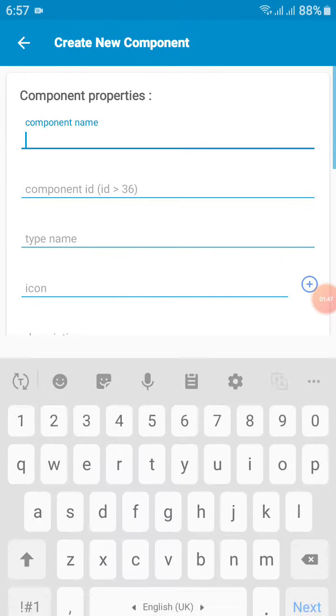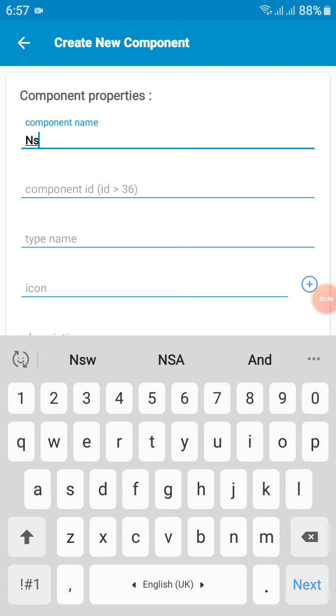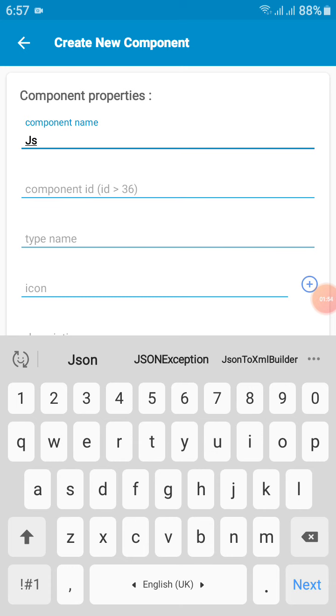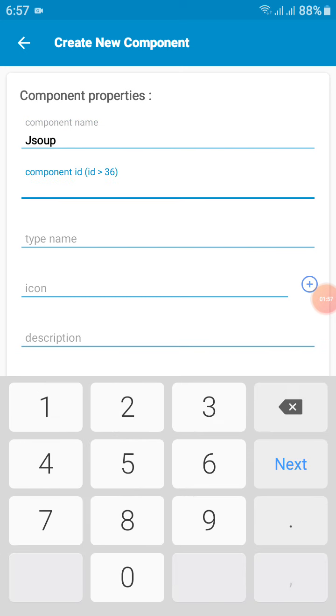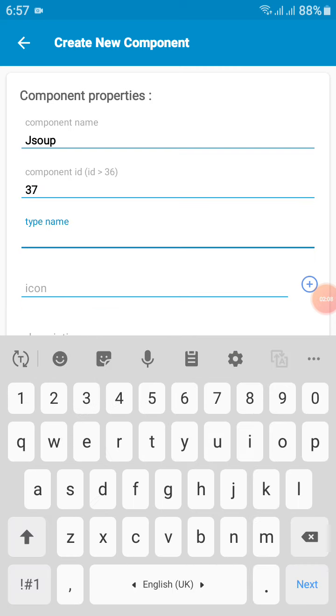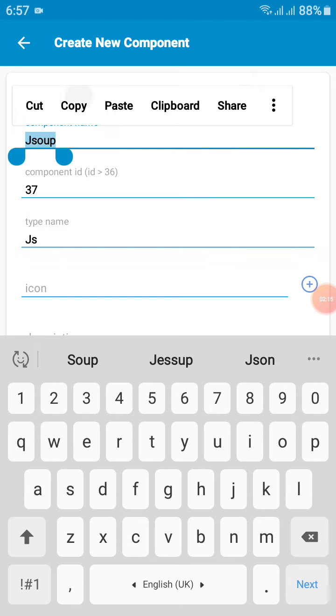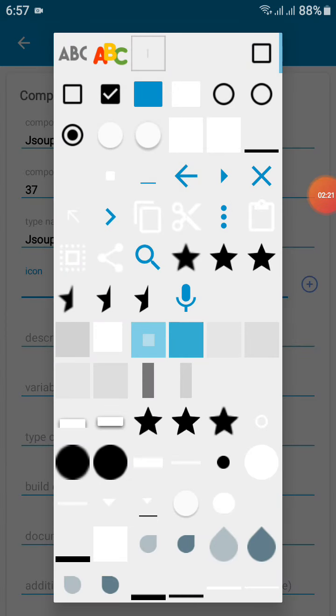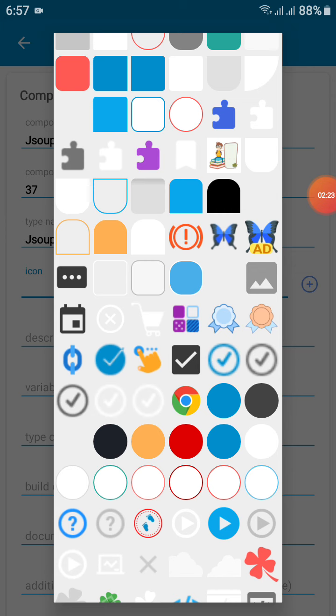I will make the video. So first of all, here you need to add the component name, like I am adding JSON. Component ID must be greater than 36, like I am adding component ID 37. And here you need to add the component name, like simply copy this here, and here you need to add the component icon.